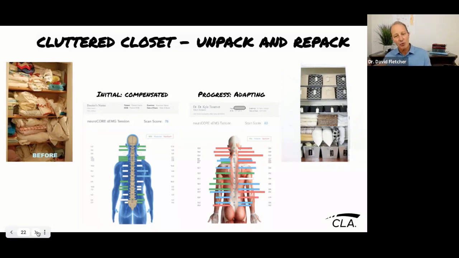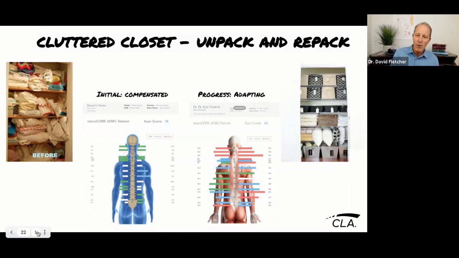And as we begin to repack and reorganize, we start to see the patterns improve, the percent of the pattern come up. So I want you clearly to not judge yourself, or let your patient judge you, or judge the patient in the second scan especially. Typically by scan 3, if we're on 12 visit cycles, we start to see this repackaging into a more organized way. If not, well, you're right in the middle of continuing repacking.